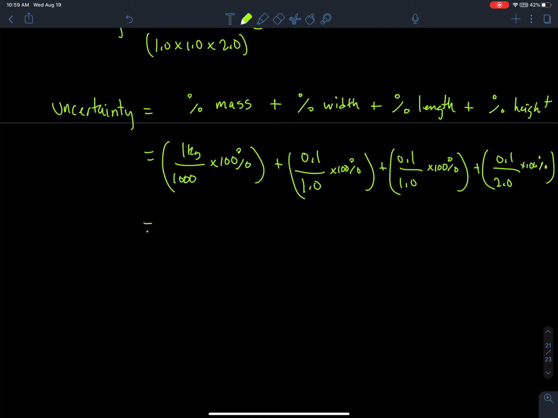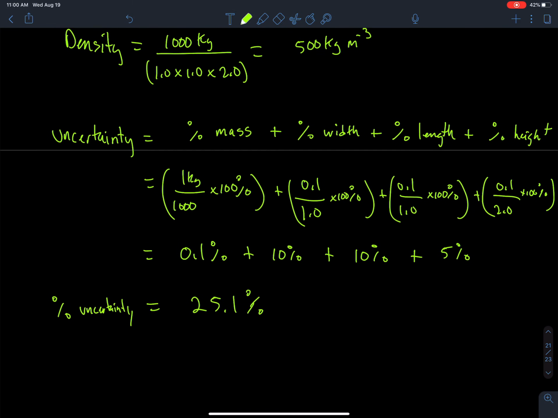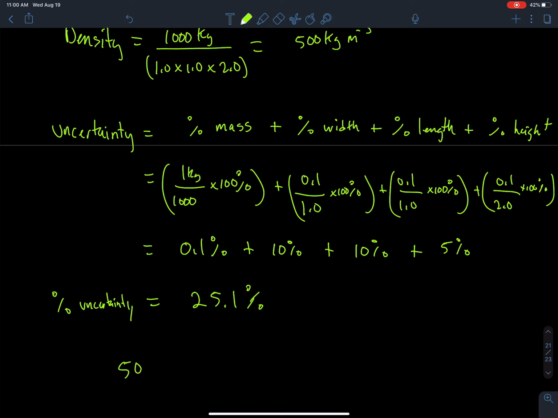Okay, so what does this turn out to be? All right, so what this is going to turn out to be is 0.1% plus 10% plus 10% plus 5% if I did that calculation. All right, so my total percent uncertainty is going to be equal to 25.1%. Okay, so what I would have is a density of 500 kilograms per meter cubed plus or minus